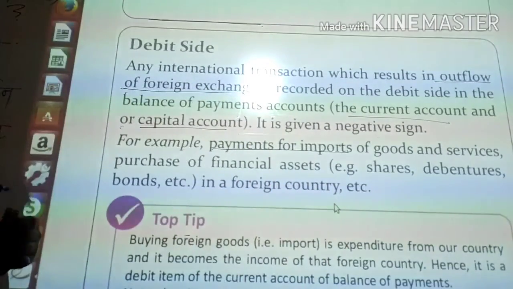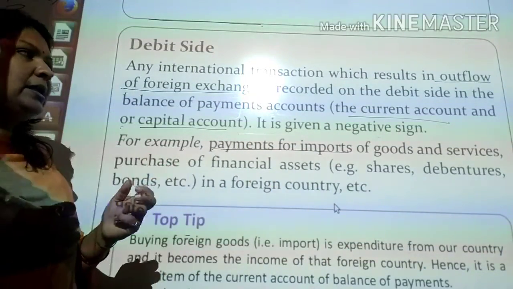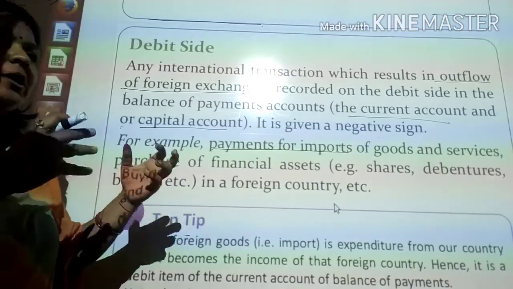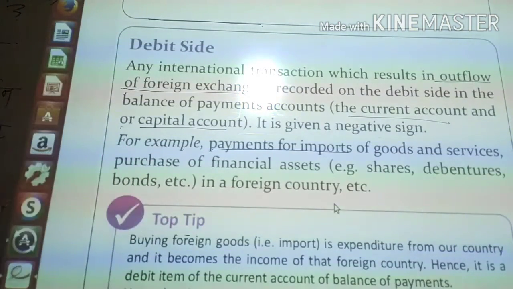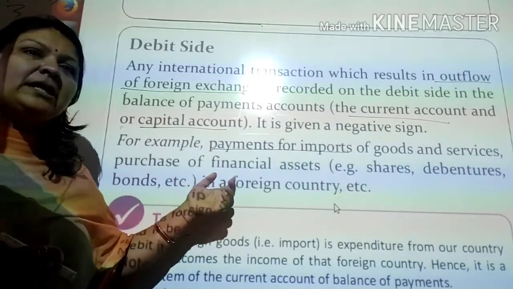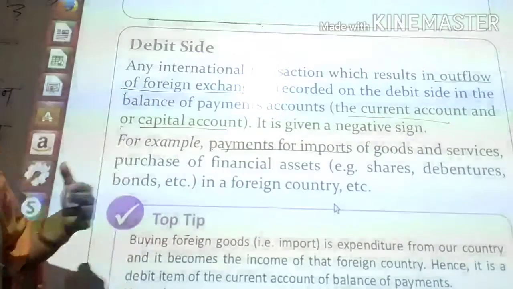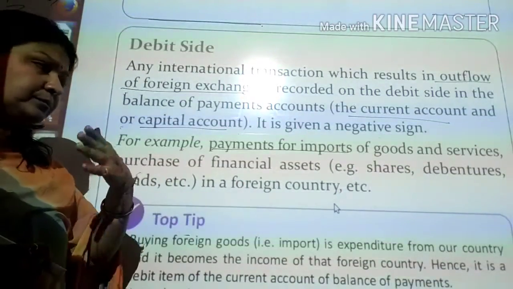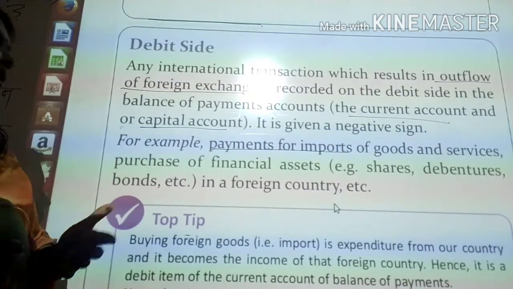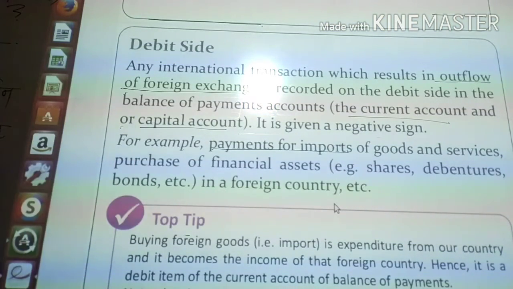आप goods को import कर रहे हो तो definitely you get the goods and services. It means you purchase some goods and services from the other side. So that is your financial assets also. But again you are purchasing something. It means your foreign currency is in the outflow form.